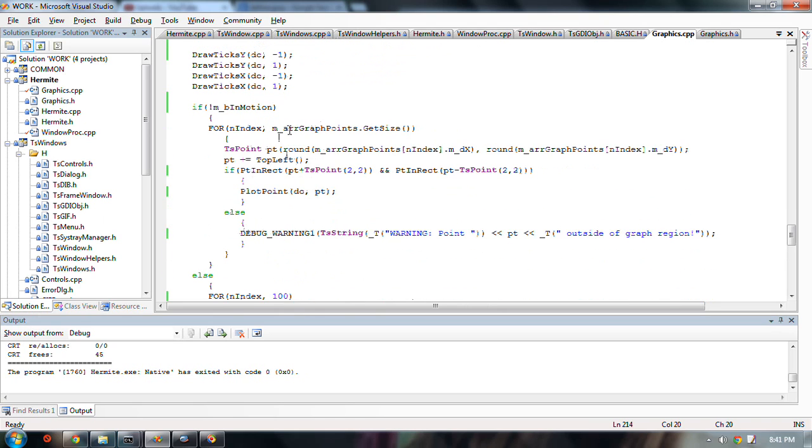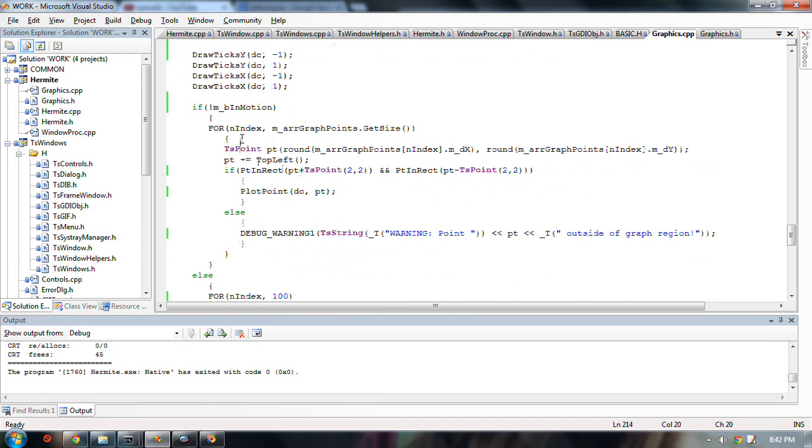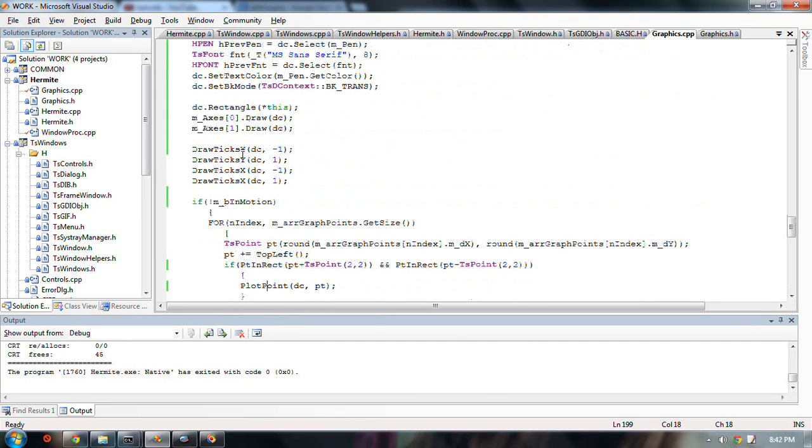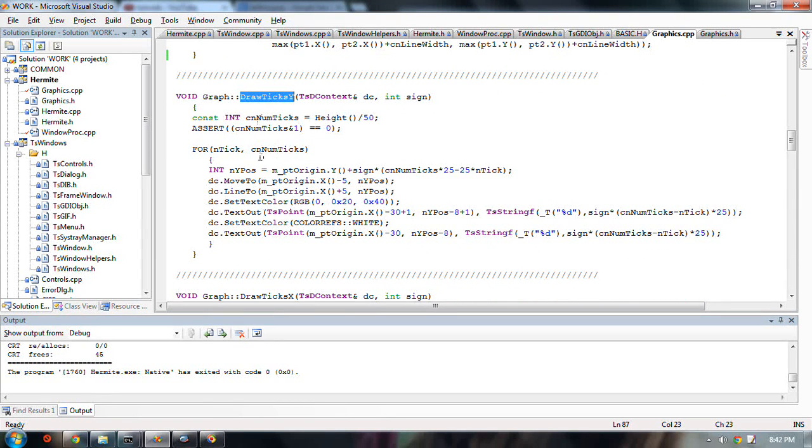And so wherever I see a point, well actually all that matters is where I plot it, isn't it? I can turn this into a function call. Well, that and drawing the ticks and everything. Line to, move to. So really, this one should be minus, right? Y plus origin minus something,